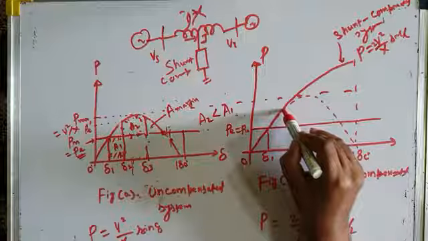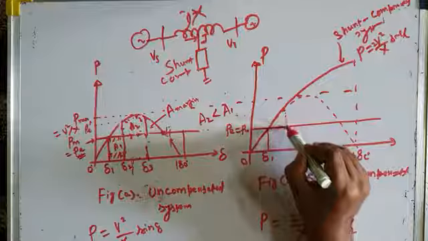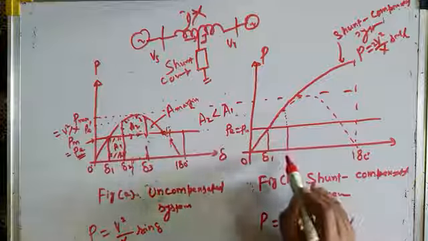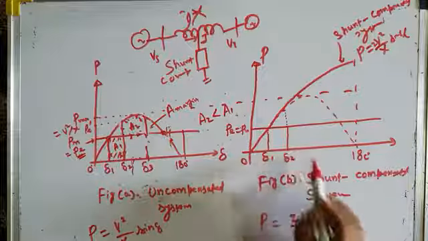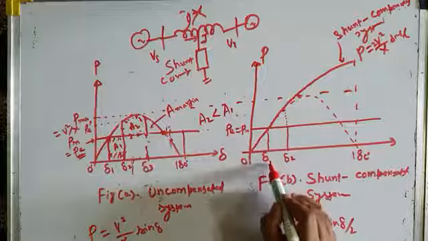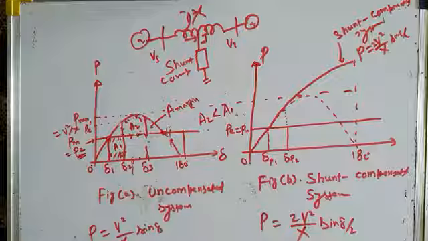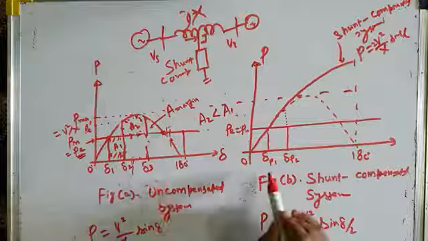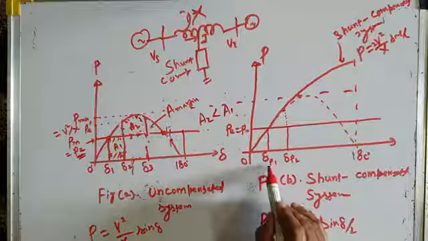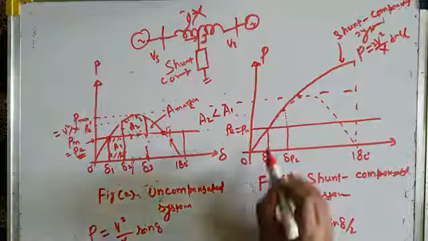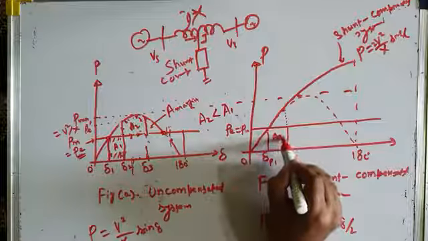As the machine accelerates, the transmission angle increases. Let's call this delta P1 to delta P2, because here I have written delta 1, delta 2. To differentiate between the two, I will call this delta P1, delta P2, and this is area AP1,